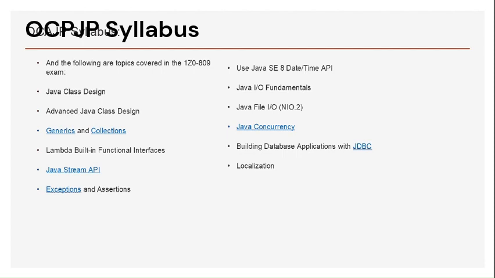Along with that, the Java concurrency, like what is concurrency, what are the deadlocks, how do we avoid deadlocks, so on and so forth. What is localization, those things. So broadly, this is the syllabus we do, and as I said, we'll do it like a classwork, homework, kind of combination of both, where we'll give exercises and we'll ask you to do the work, and then we'll review it together, and then we'll proceed further.